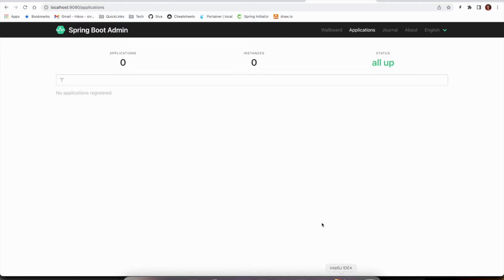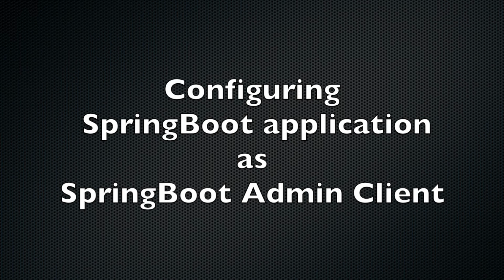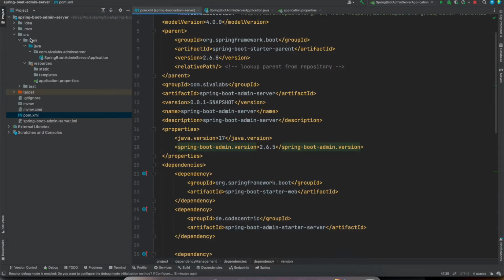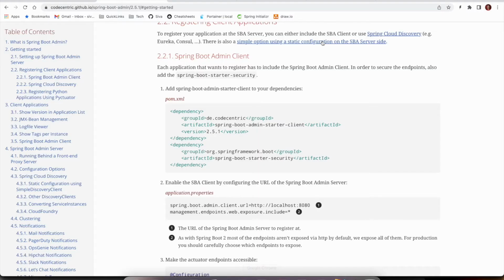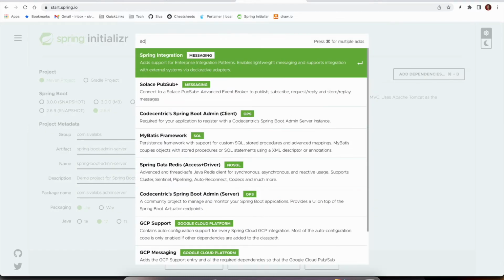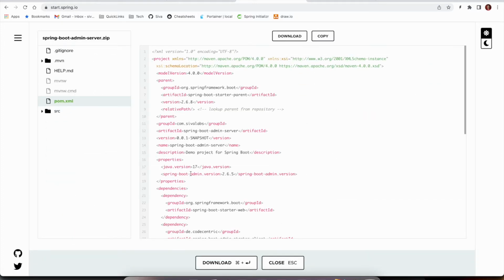So now we can go back and open our Spring Boot actuator demo application and then integrate with Spring Boot Admin Server. Next, let us look at how we can integrate this Spring Boot Admin Starter client in our Spring Boot actuator sample application. If we go back to this Spring Initializr, earlier we selected this admin server. If we want to add the client, we can choose this client, and here it's going to be similar except the